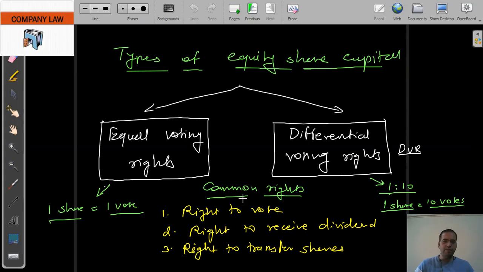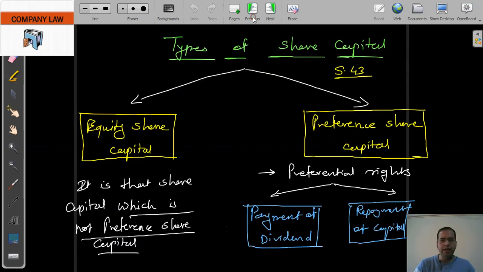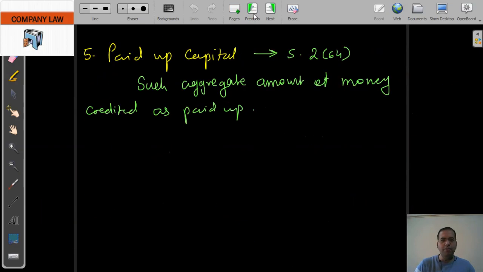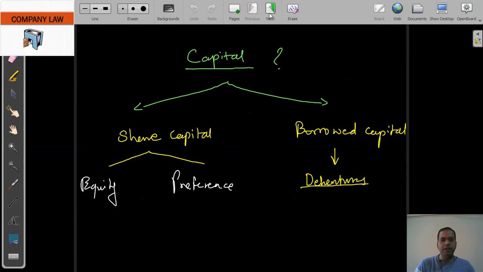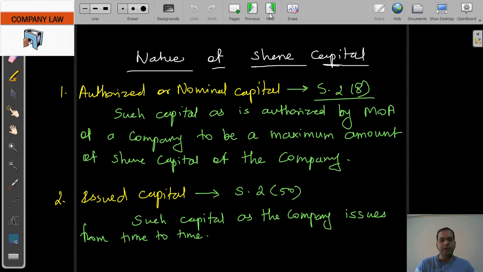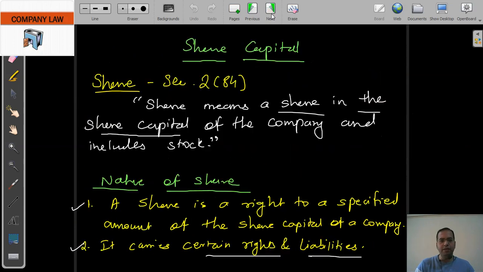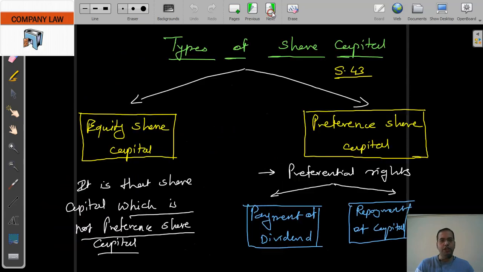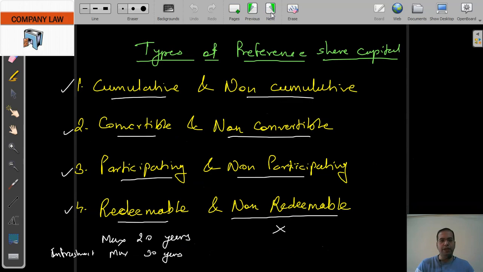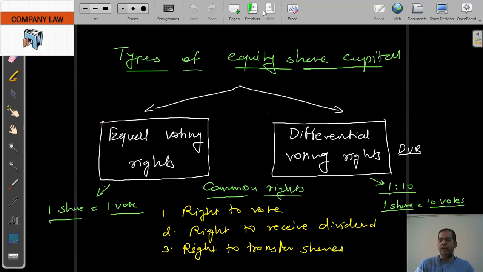So today we have completed various topics. Let me quickly revise. We started with the capital. Then we started with the nature of share capital, various types of the nature of share capital we studied with examples, and then we moved on to the share capital core concept: what is share capital and how the division is made. In the next lecture we'll again try to understand the important points of difference between equity shares and preference shares, and we'll move on further with the other parts of share capital.